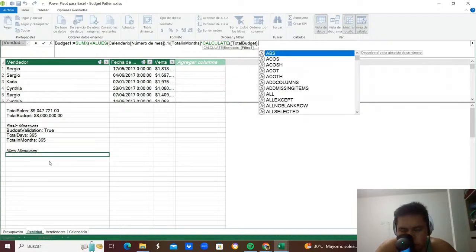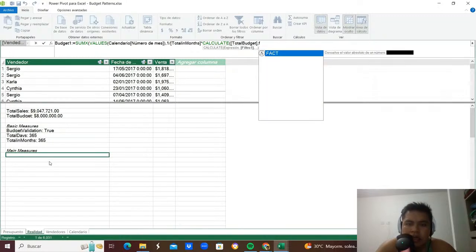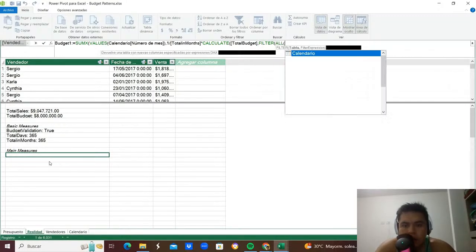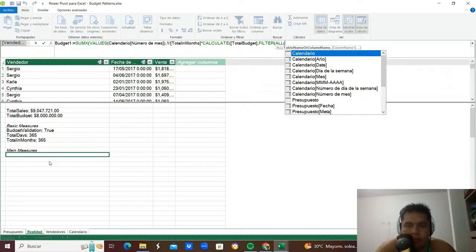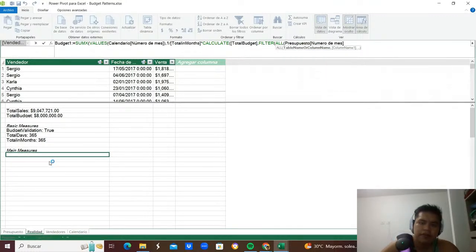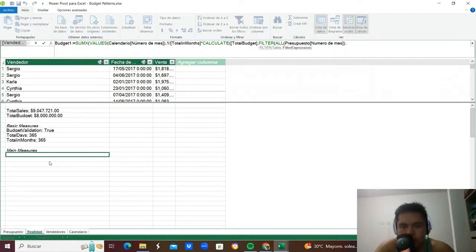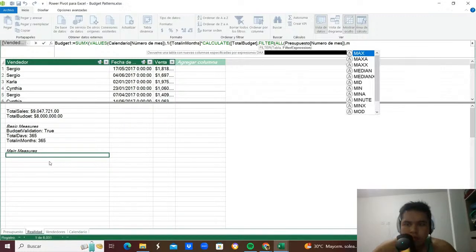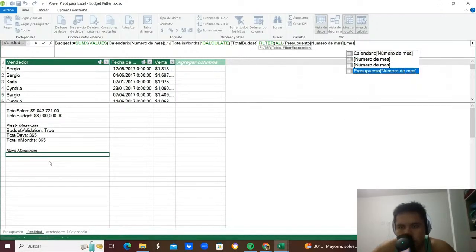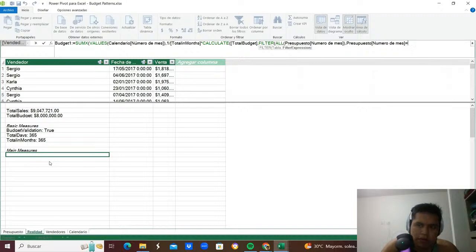After this, I need to filter all number of months. After that, I need to close it. Then I need to use something like month two equal than